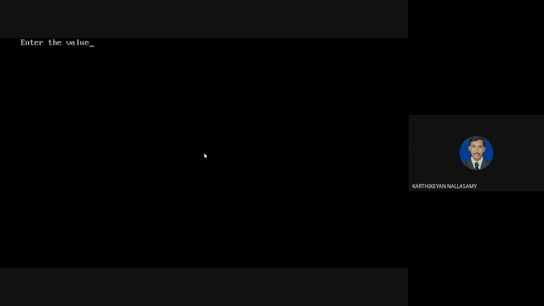But actually there are some drawbacks we have in cin. If you are using cin, that is called the extraction operator, for reading input, it will read only a word, it will not read a line of input. For example, I'm going to enter "welcome to this C++ program". It will take only "welcome", because once you leave a space or press enter, the input function will terminate. It will accept only up to the space. So if you are using the cin operator for reading a string, it will read only the word, not the entire line of text.